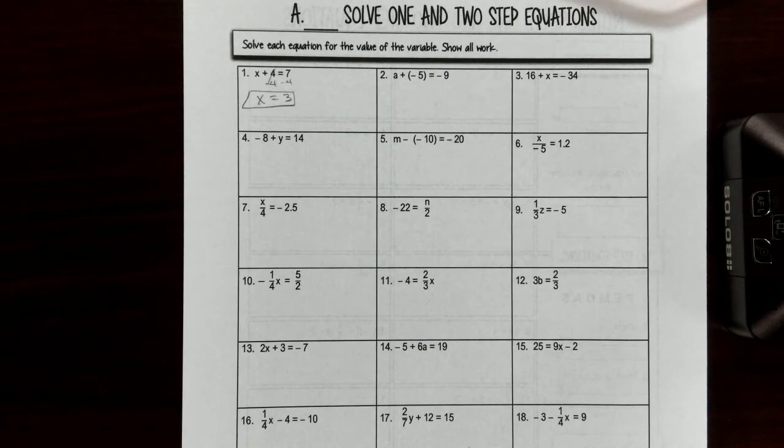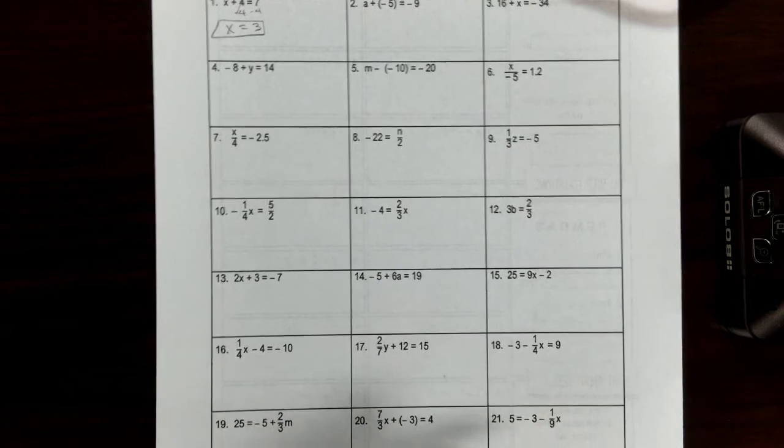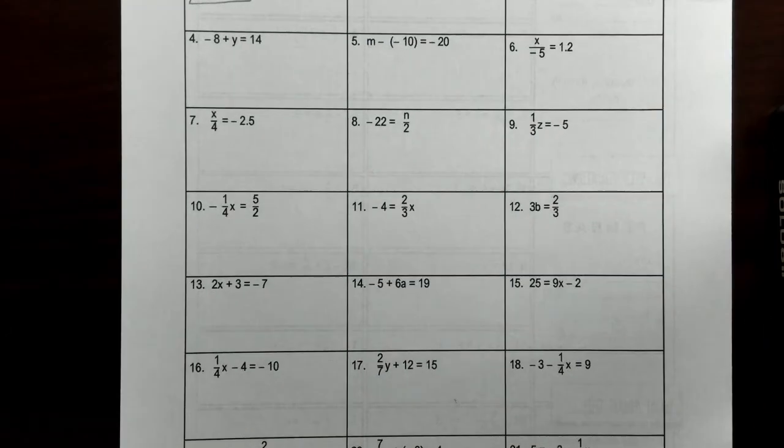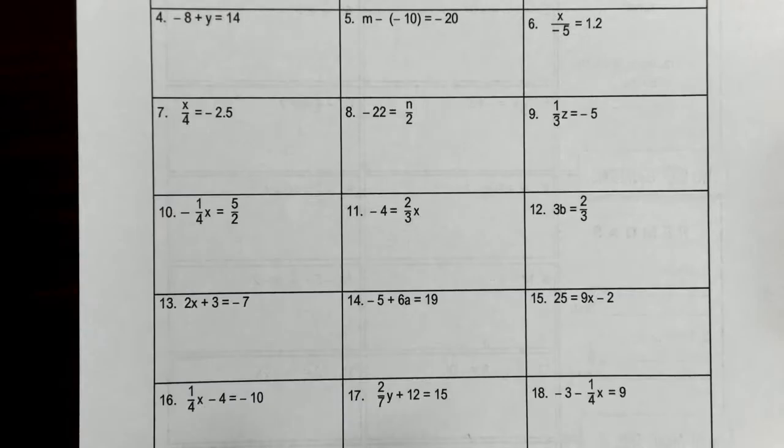Suani, you there? Yeah. Okay, pick a number 1 through 24, but you can't pick 1. I'll do 8. 8? Okay, good. All right, so I've got negative 22 equals n divided by 2. So how would I solve that, Suwani? First